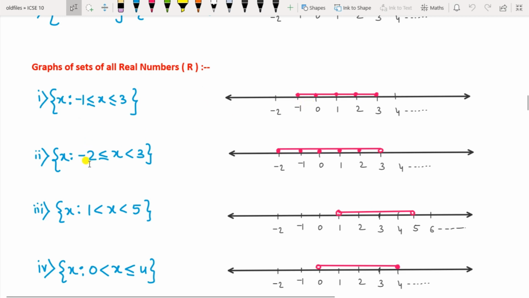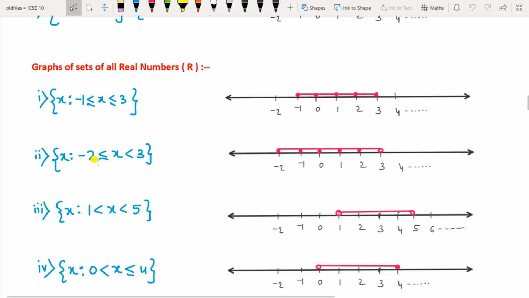Second example is minus 2 less than or equal to x less than 3. Now you can see here the equal to sign is there for minus 2, but it is not there for 3. So minus 2 is included in the solution set. You have to darken this with the circle. Darkened circle is there, but 3 is not included since the equal to sign is not there. So you have to draw an empty circle here, and all the numbers between minus 2 and 3 are